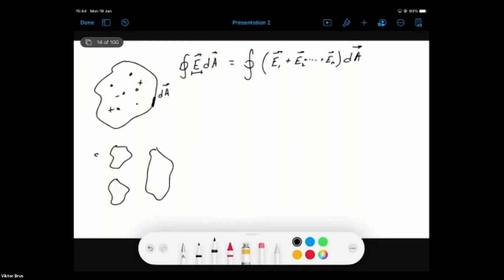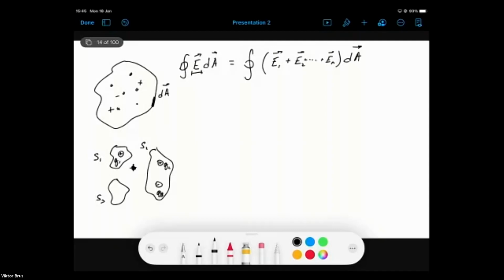Will be surface 1, surface 2, and surface 3. And in surface 1, we have some positive charge, Q1. In surface 2, we have 2 charges, one positive, Q2, one negative, Q3. And in surface S3, we don't have any charges, but we have one charge, some positive charge,